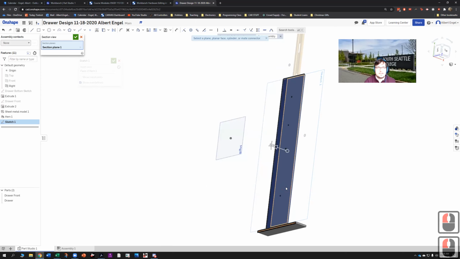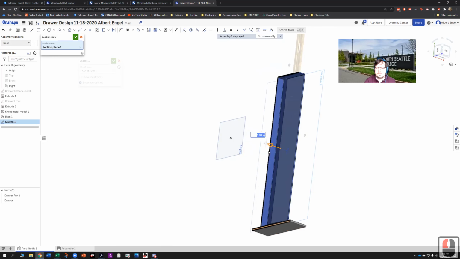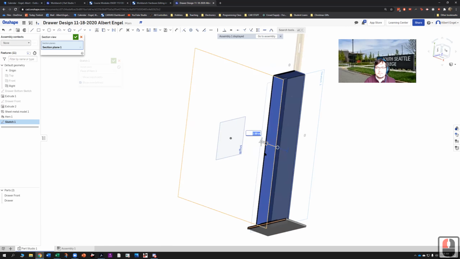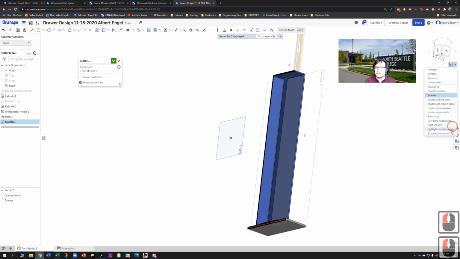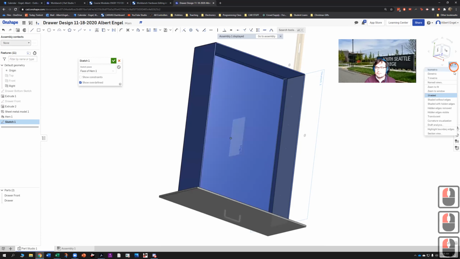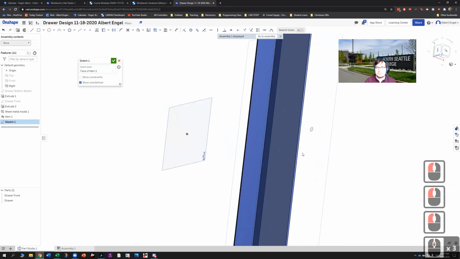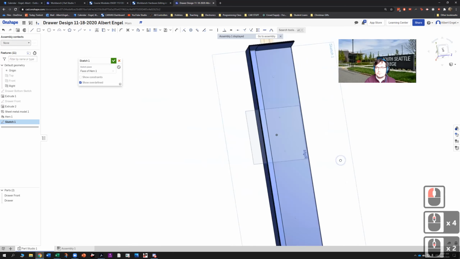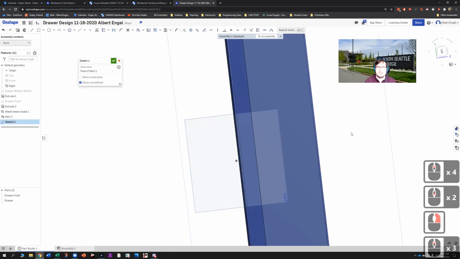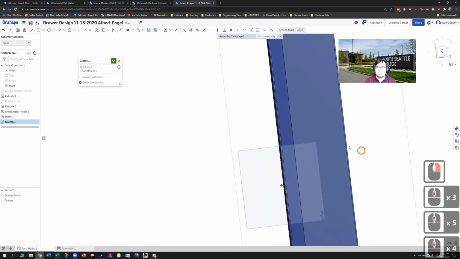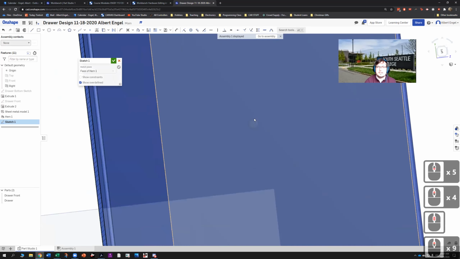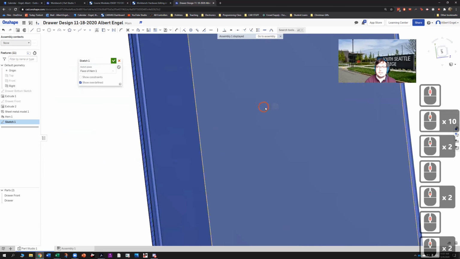and I can select that face for my section, and I can move this in and out to decide where I want to make my cut. Now this is not actually making a physical cut in our view. This is just creating a section plane that we can turn off and on. So if I'm not happy with that, I can come over here to turn section view off. You see that I'm not actually doing a section. I'm not actually cutting this. It's just kind of using that as a view so I can actually come in here and make edits to my sketch. So now that I've got this in here, I can actually use this geometry to help me create